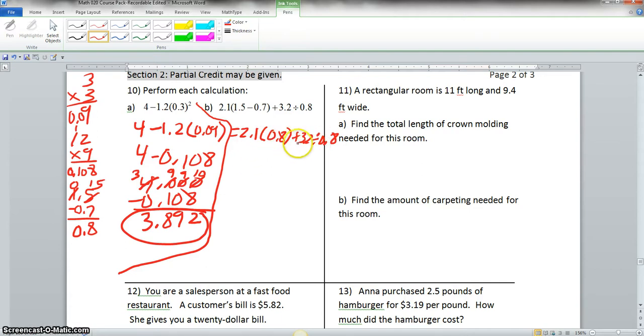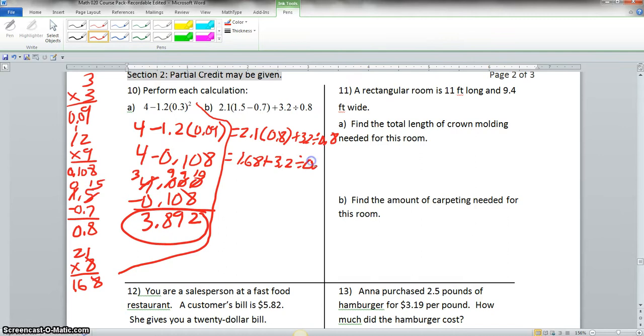Now we have multiplication, addition, and division. We know we would do the multiplication first because that's what comes first from left to right. So we'll take 2.1 times 0.8, which we'll just say 21 times 8. 8 times 1 is 8. 8 times 2 is 16. So we count how many digits we have behind the decimal. We had 2 digits behind the decimal, so our final answer must have 2 digits. So this will give us 1.68 plus